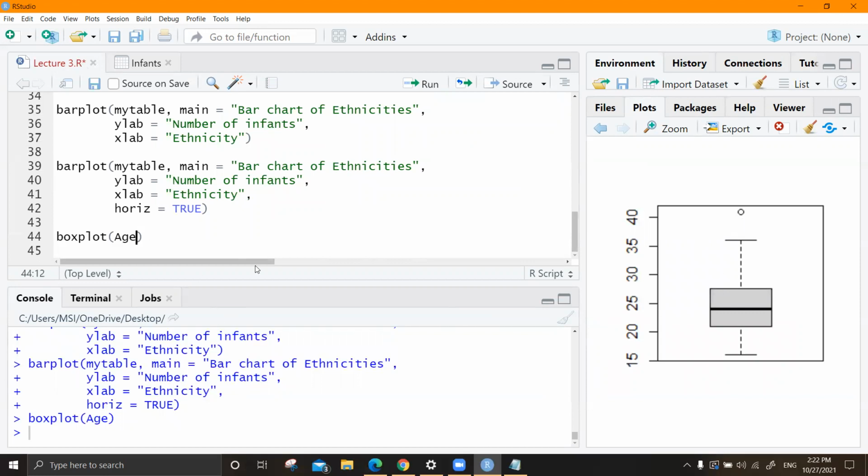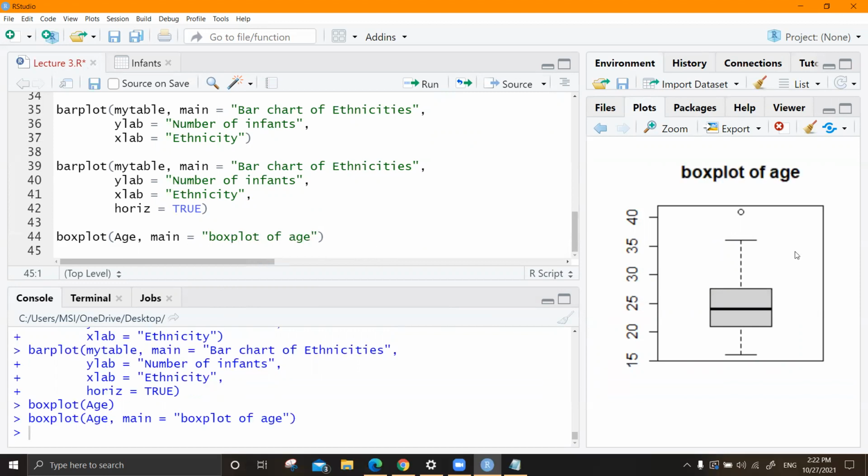So here also you can give the same arguments, main equals box plot of age, things like that. If you want to create a box plot by some other variable, that means by a categorical variable, it's something like this. This gives you the distributional shape, right?